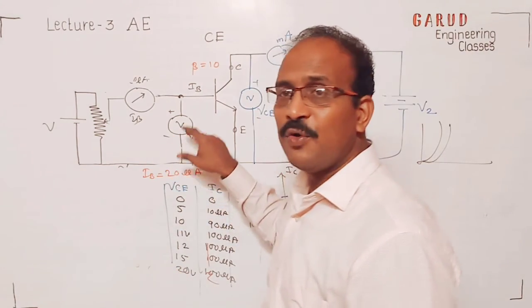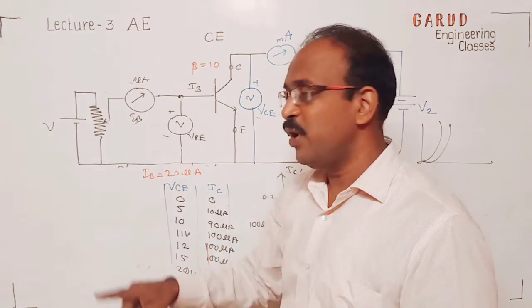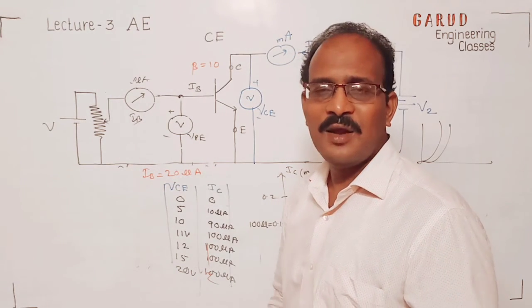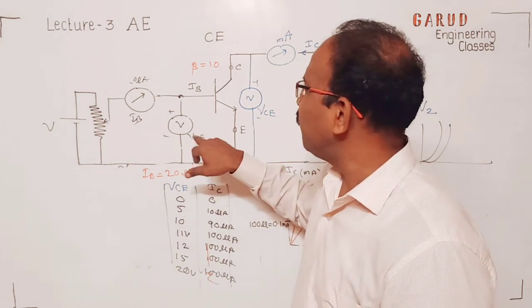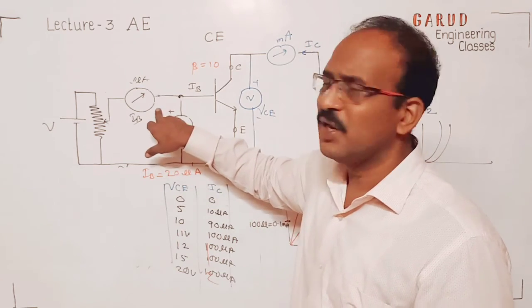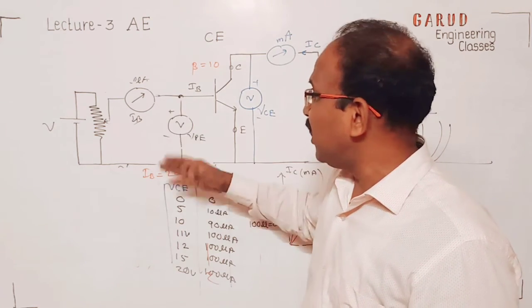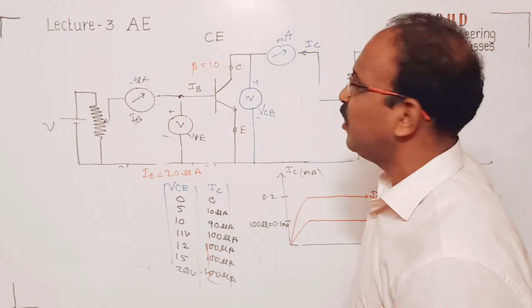Correct? What do we have to do? We have to vary the voltage for any characteristic. We have to vary the voltage and check the response. Correct? We have to vary this and check this. And we have to repeat this for the different output part.